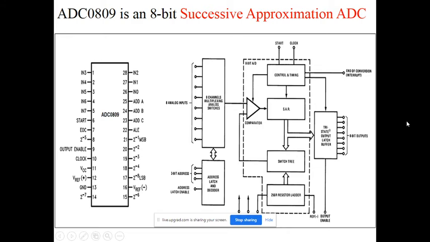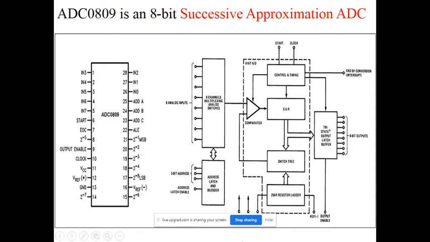And suppose our controller is ready to read that. At that time it generates which signal? Output enable, means this signal is generated by the microcontroller or 8051. Start signal is generated by the 8051. Output enable signal is generated by the 8051. Similarly, the address is given as per our programming; the controller will send the proper number here, that is zeros, all ones, whatever. Similarly, the high to low pulse is generated by the controller.